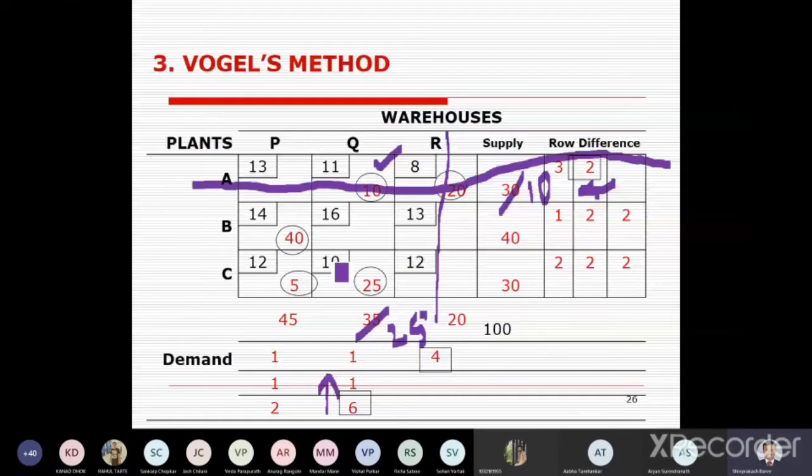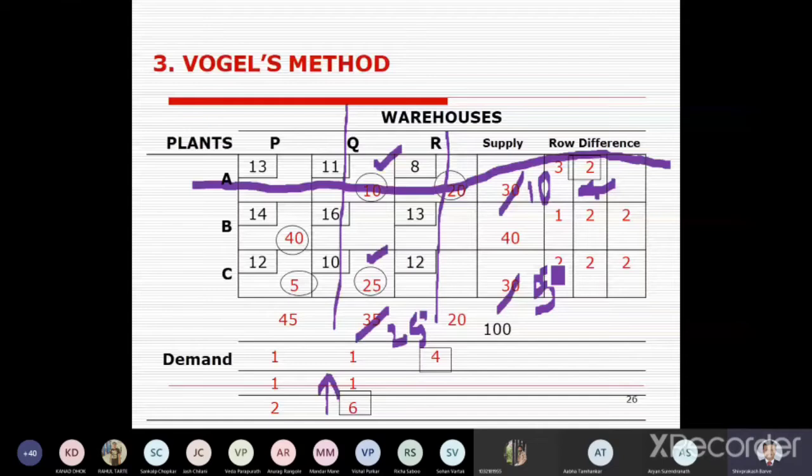So here I got 10 as the minimum figure, and for this 10 the supply is 30 and the demand is 25. So consider the minimum figure: allocate 25 here at 10. So 25 is allocated, and this warehouse capacity is over for the next iteration. Out of 30, now only 5 units are balanced for the next iteration. And now you can see only 2 cells are there, and out of these 2, 12 is the minimum cost.